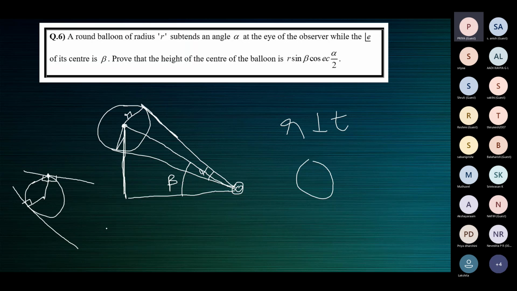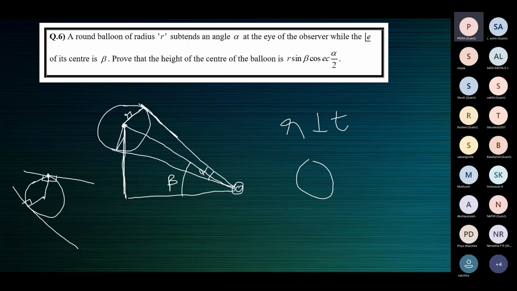See, the line that touches a circle at exactly one point is a tangent. Through that point where it touches a circle, if you draw the radius, that radius and the tangent will be perpendicular to each other. So what I've shown here is the radius through the point of contact. Point of contact is the point where the tangent touches a circle.